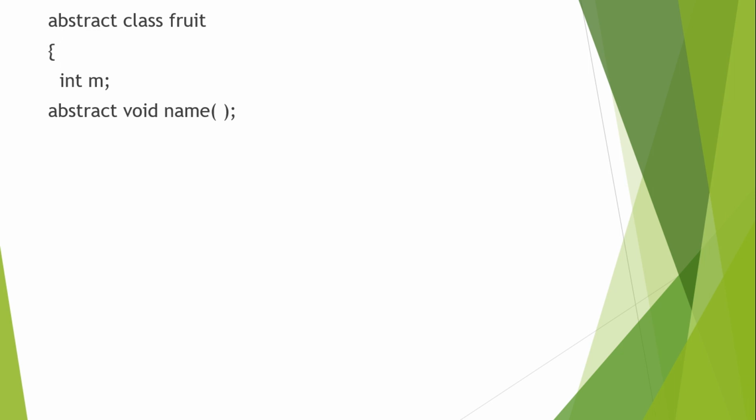Now here we have already learned that an abstract method doesn't have a method body. That is why you can see it is declared with a semicolon. It means we are not going to create the method body in this class. That is why this method is known as an abstract method. So here I'm going to create another class, child1, which is extending Fruit. It means child1 is a subclass which is inheriting the Fruit class.